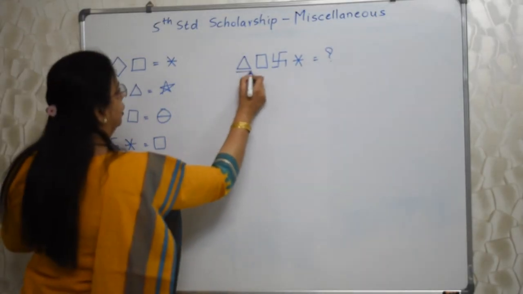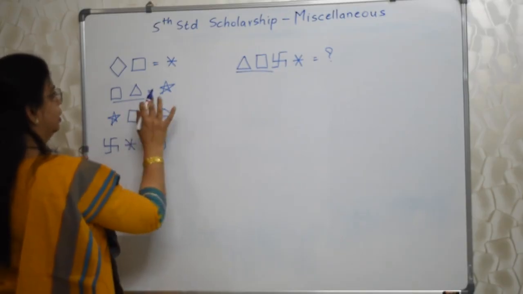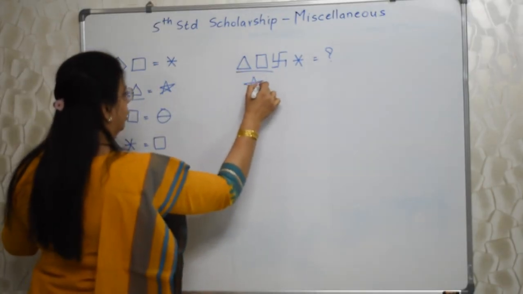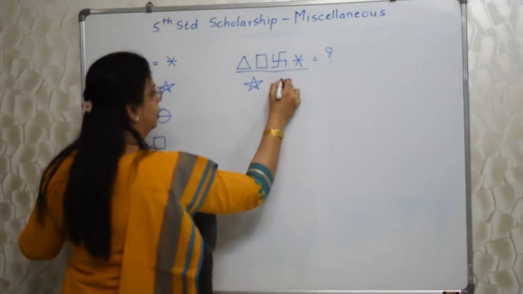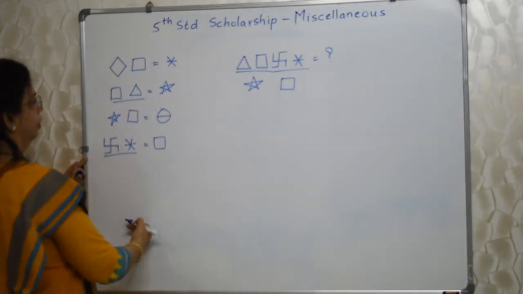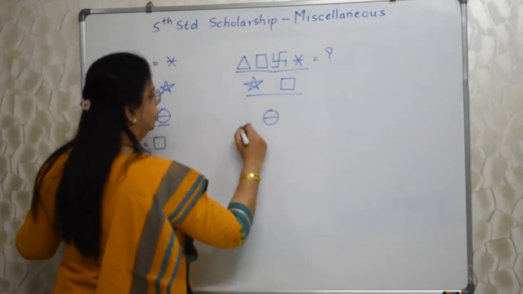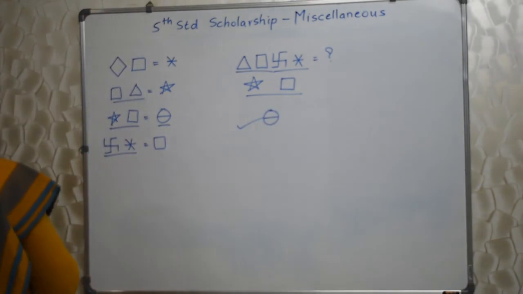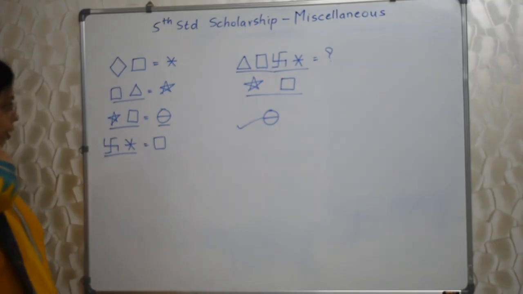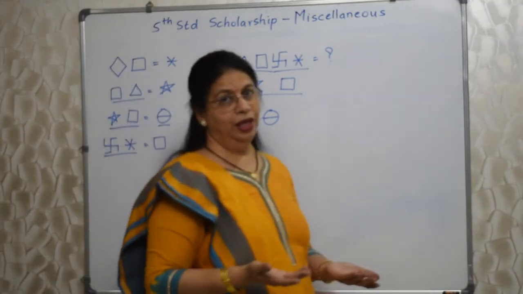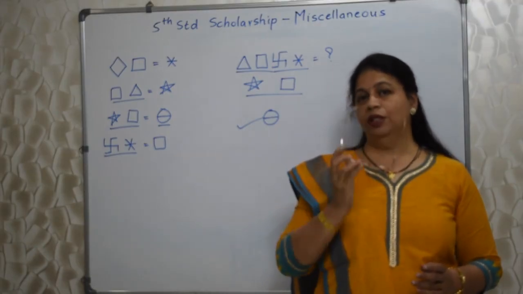See, this is given here, right? Order doesn't matter. This is given, so instead of this I can write star. This is also given here, so I can write square. Now this is also given here, so our answer is this. So easy. Within few seconds our answer is ready. What we have to do? Only observe. Isn't it easy? Tell me honestly. Okay? Students, with this we are through with this miscellaneous.